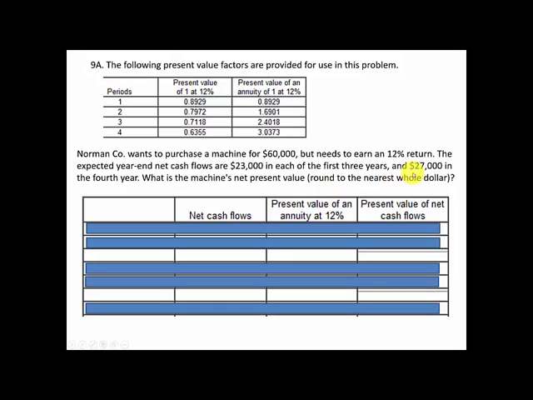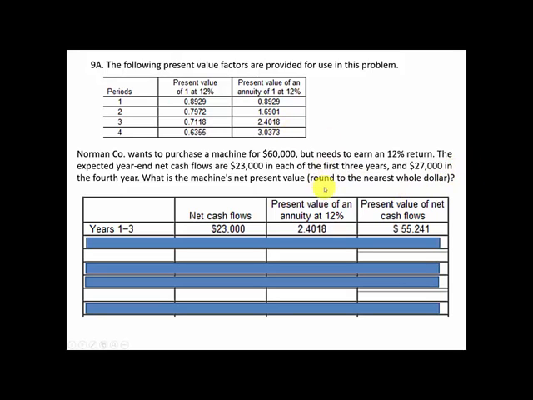We have to discount these cash flows back at 12%, and we'll do it as follows. For years 1 through 3, since they're even cash flows, you can use the present value of an annuity at 12%, and the table value for 3 periods at 12% is 2.4018,